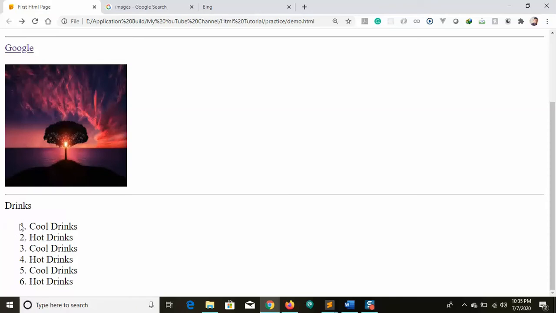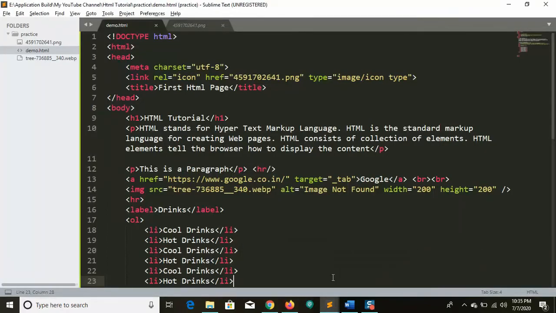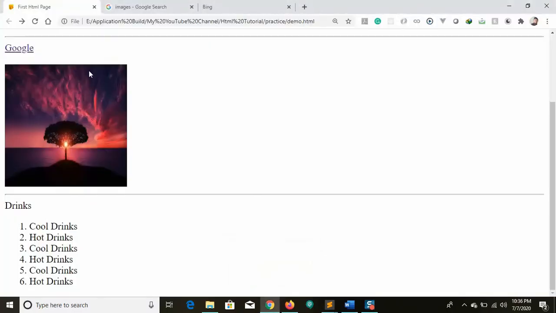For example, if you want Roman numbers or alphabets, we can do this. There is a type attribute available for this. You can simply give the type. For example, I need Roman numbers, starting with small Roman numerals. Save. So we have the Roman numbers, right?